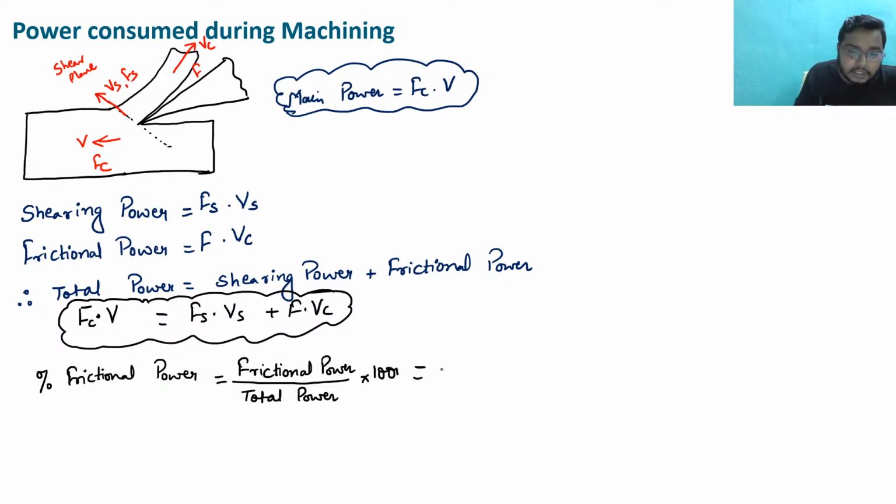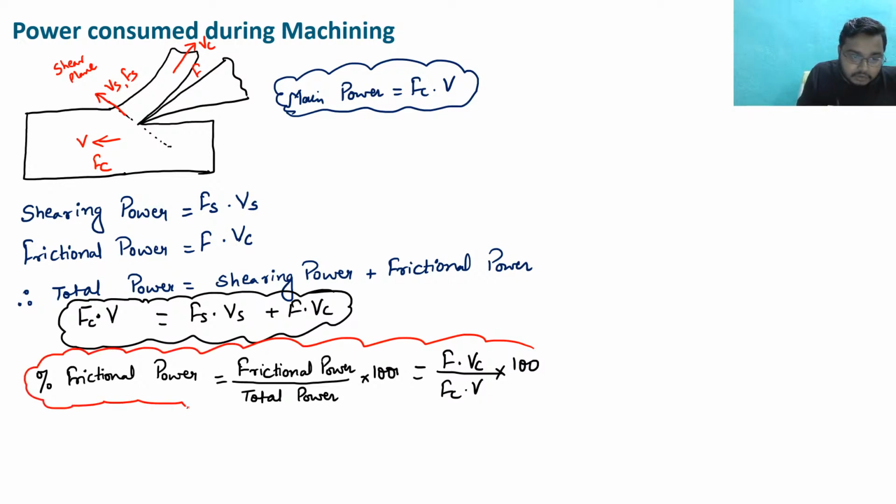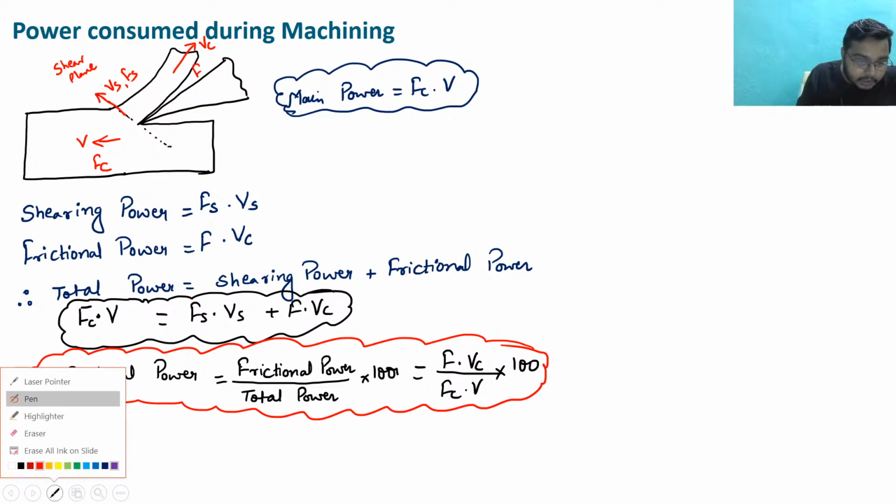What is frictional power, sir? Frictional power is F into Vc, and this is going to be equal to Fc into V. This is into 100, so this is the value in percentage. So this is the one relation that we have got to find the frictional power. Next question that is asked is this: